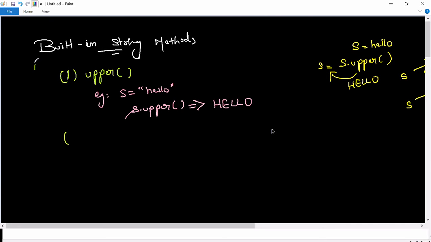Actually, I'm talking about the first category here. In the first category, I'm discussing a few methods now. Let me divide these methods into categories. That will be easy for memorizing. Otherwise, we have a number of methods in the string class, as you have already seen. It is quite difficult to know which method to be used when. So I'm dealing with some cases, converting from lowercase, uppercase, and all.